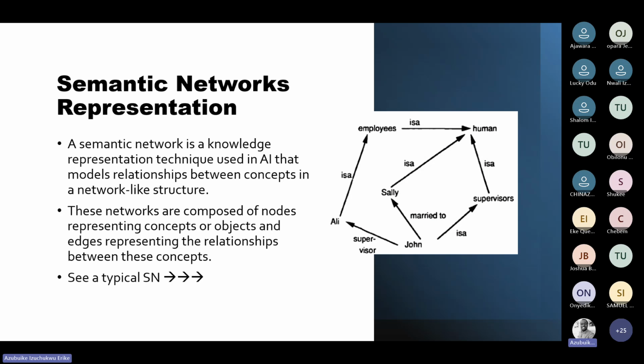These networks are composed of nodes representing concepts or objects and edges that represent the relationships between the different concepts we are talking about. Now, if you look at this example,